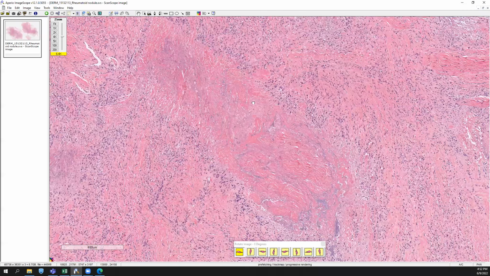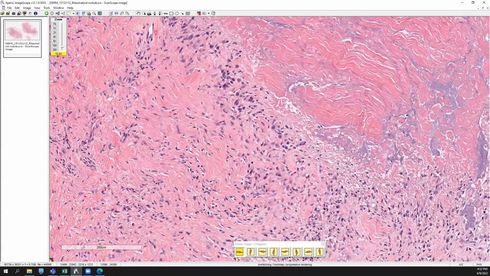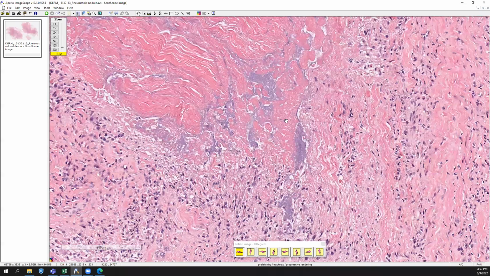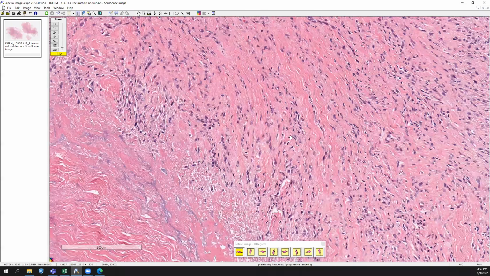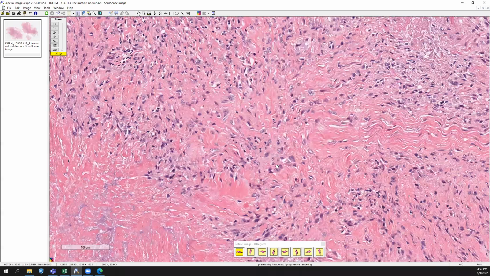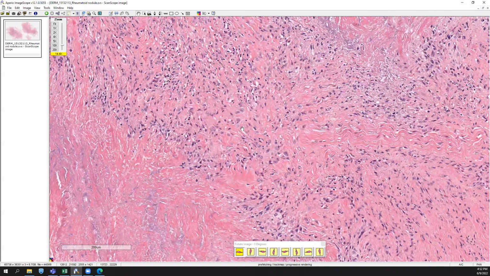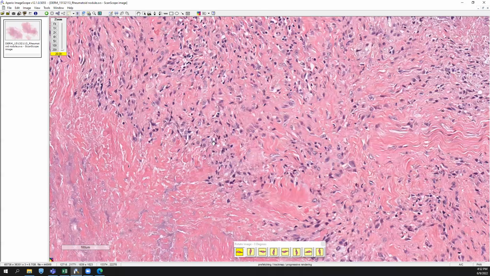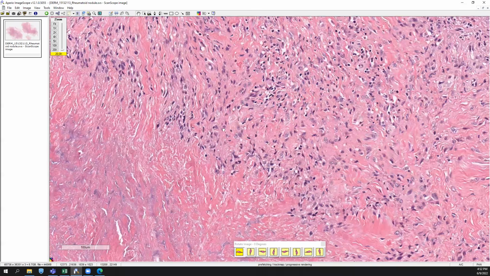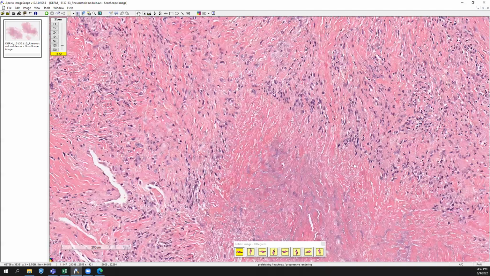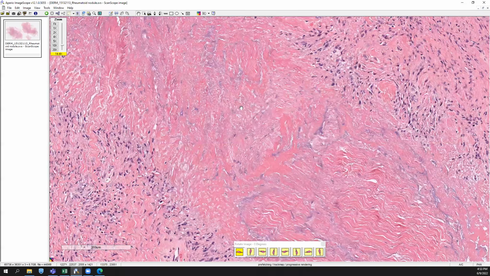So the best way to figure out if you're dealing with histiocytes is to think, are they neutrophils? No. Are they lymphocytes? No. Are they eosinophils? Are they any other cell type that you might think? No. So your first instinct, if you see somewhat oval to round shaped nuclei with abundant clear cell cytoplasm, think about histiocytes. And this pattern of histiocytes surrounding this necrobiotic area here is good for a rheumatoid nodule in the